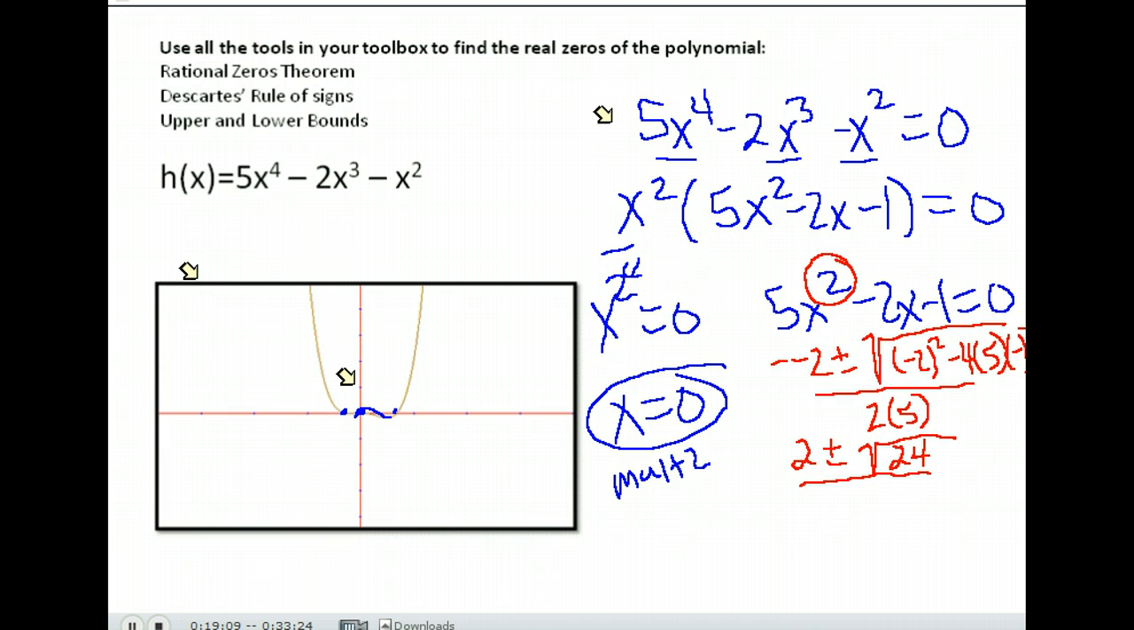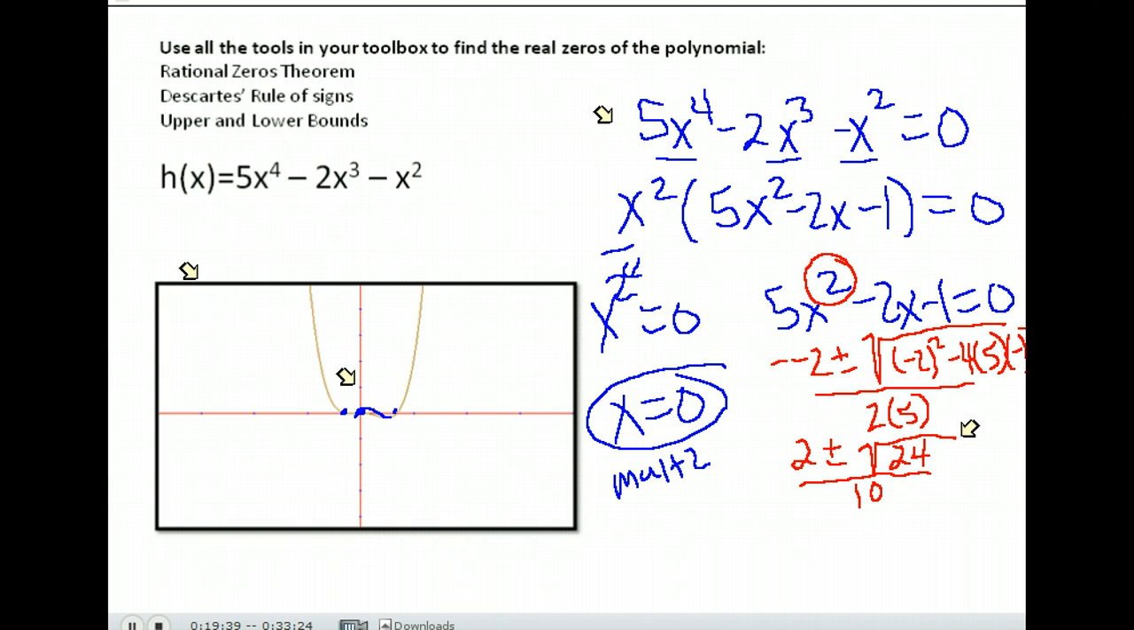You want to watch your signs carefully. Make sure you do that correctly. Those negatives can mess you up if you're not careful. So I have 2 plus or minus the square root of 24 over 10, and I want to simplify if at all possible. I can simplify. I don't know if you remember from Algebra 2, but when you simplify radicals, you take out any perfect squares you can. And since 24 is the same as 4 times 6, and 4 has a square root of 2,